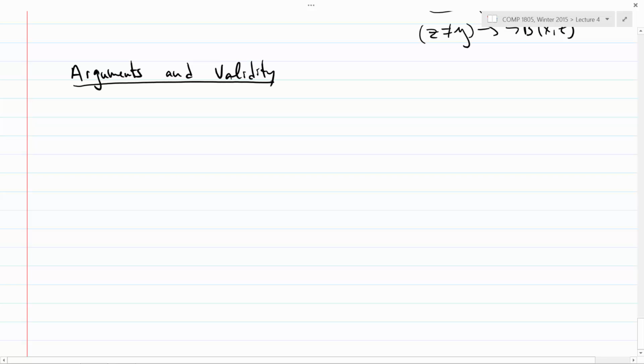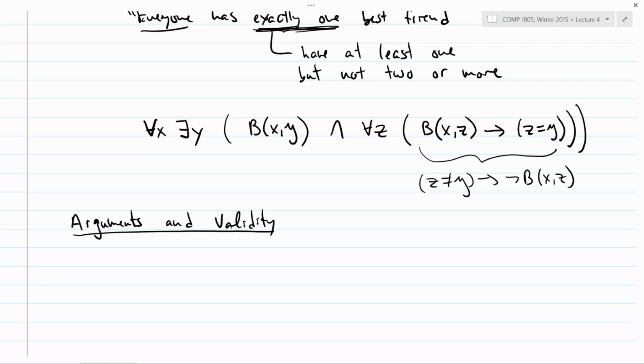This is the next step. So we've defined all this stuff with logic, but we haven't talked really about anything interesting you can do with it. Yeah? How would you do exactly 2? Exactly. So you do a very similar thing to this, except you have a bunch more not equals.